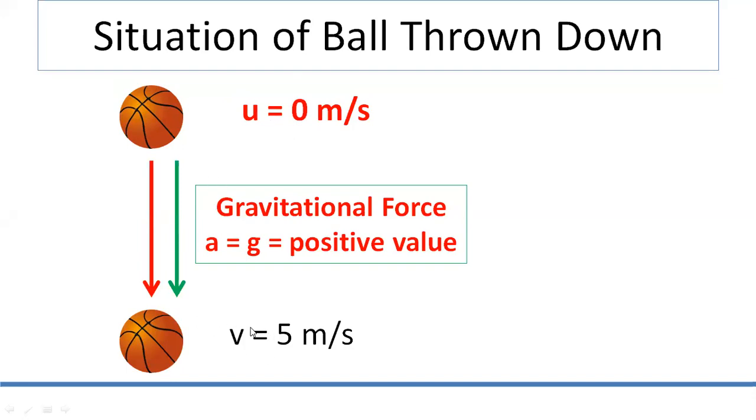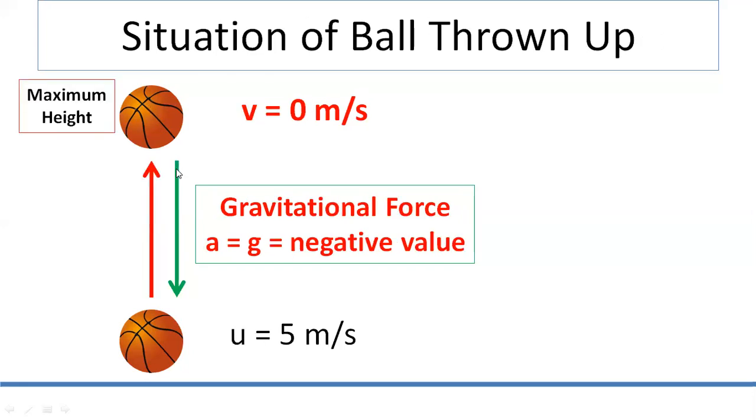Its final velocity would have some value. ठीक है, so in the question they will give you the final velocity, but the initial velocity you have to assume, because at the top of the building it is at rest. And what about acceleration? Whether we should take it positive or negative? Now you focus on this. Gravitational force is downward. Initially the ball was trying to go up and the gravitational force was down, hence acceleration was taken as negative.